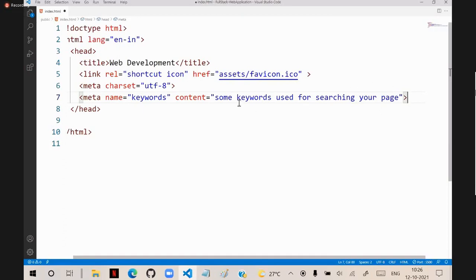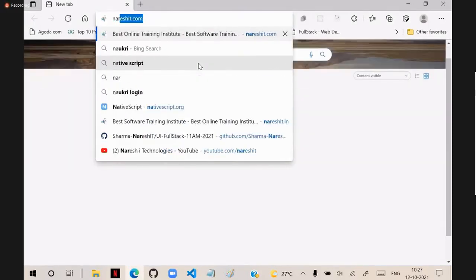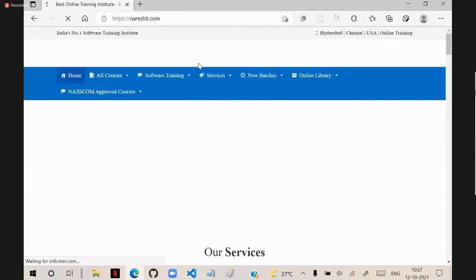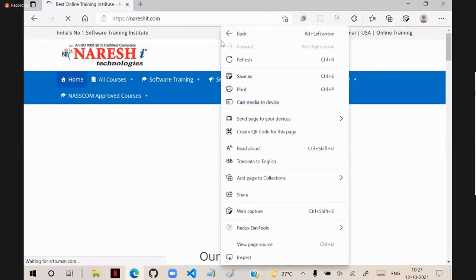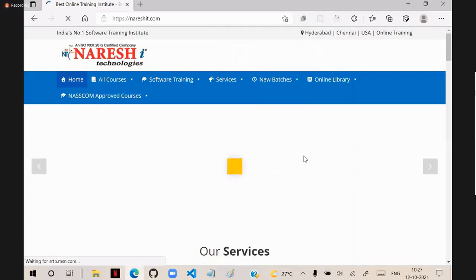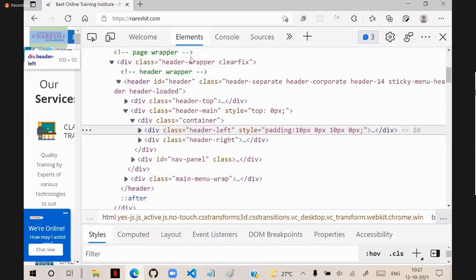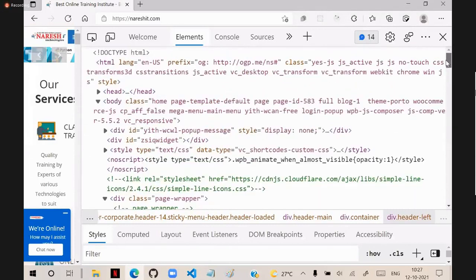So these keywords indicate what keywords people use for searching your page in the Google search box. You have to type some keywords. You can see some websites. For example, I will show you the website nareshit.com. When we have this website, let's right click and inspect. We are inspecting it, and these are the elements. In the head section,